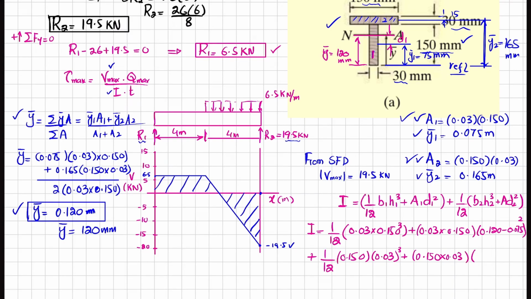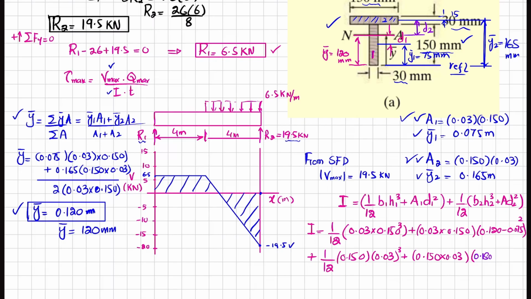So let me show over here. d2 is the distance from the neutral axis till the mid of this section. This is d2. It can be obtained if you take this total height, which is 180 millimeter, subtract this 120, and then half of this, which is 15, minus 15, will give you this d2. Clear? So I can write d2 is 0.180 minus